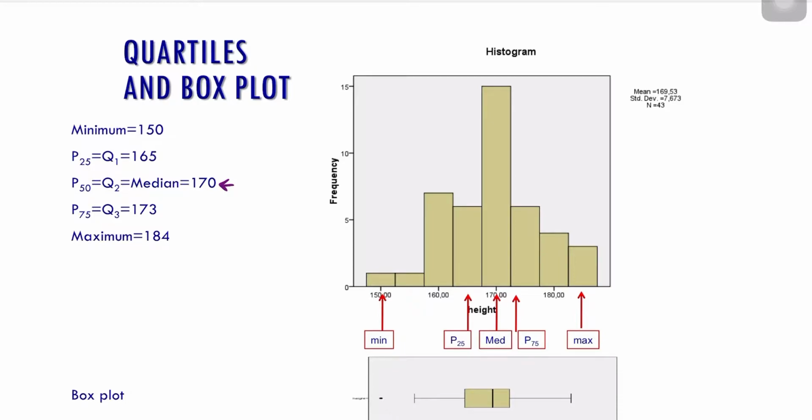Is the P25 is the 165 here, and for the Q3 is here, almost here in this graph, and we can see it is around 173. As you see, if we change to the box plot, we can find here is the median, here